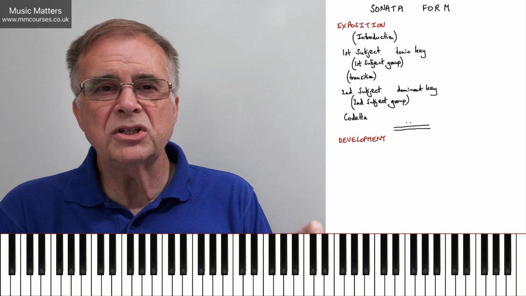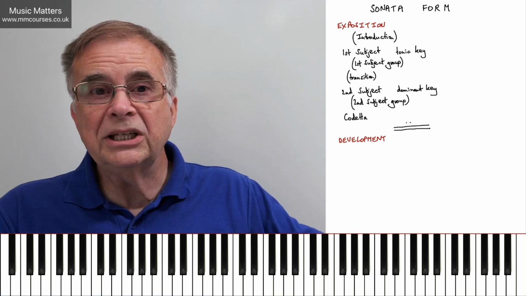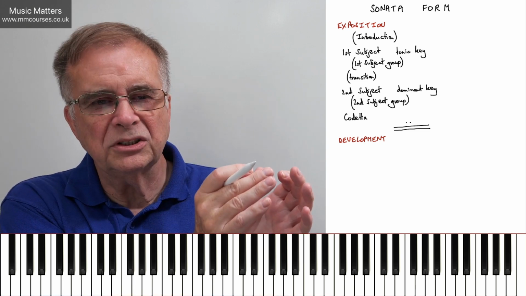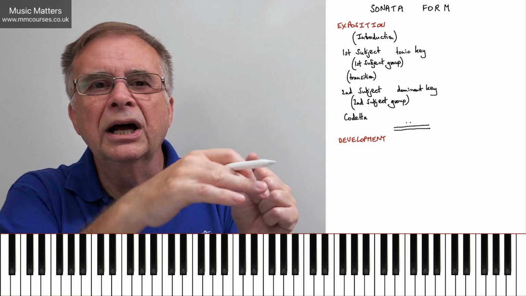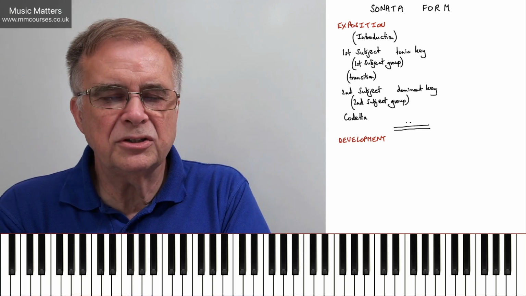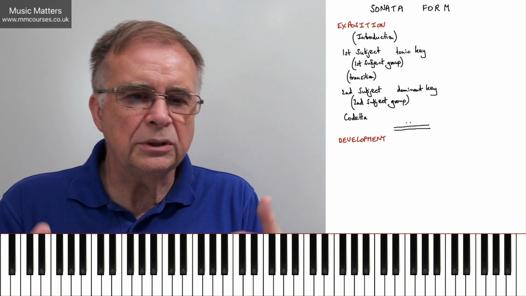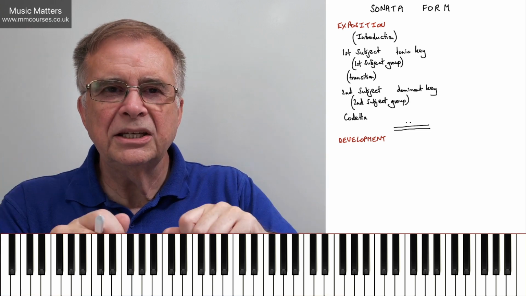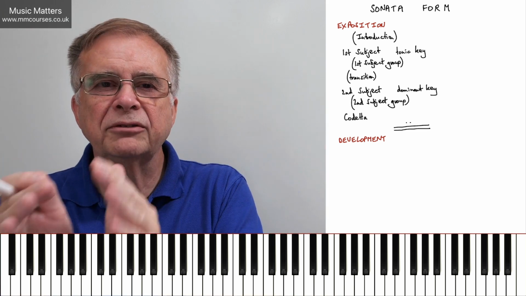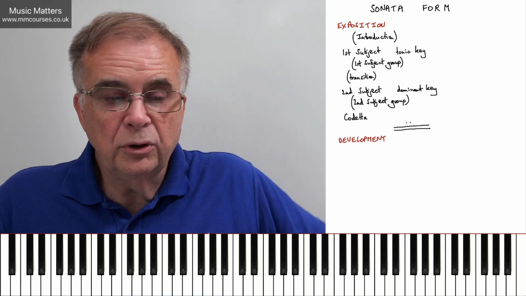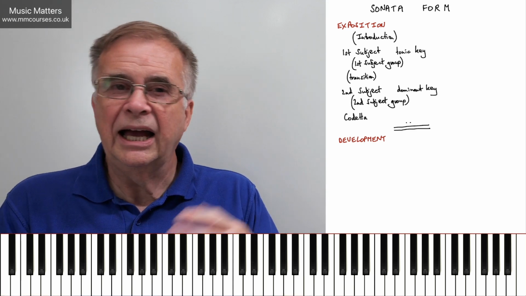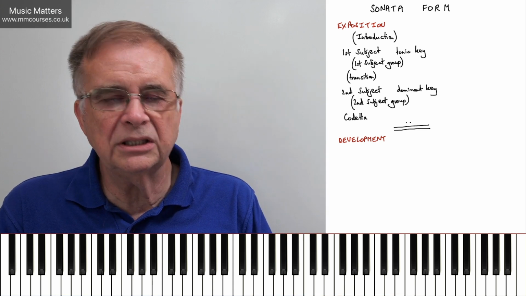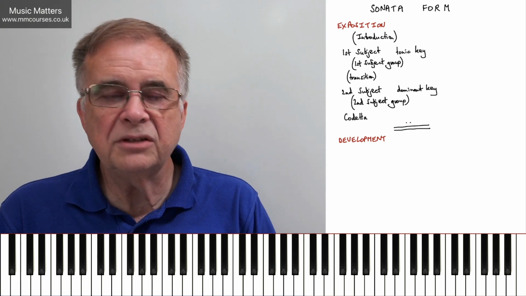So it may simply be a question of taking the first subject and repeating it in a number of different keys. It may be that I can take some fragment of the first subject, the first bit of it, or an idea that forms part of the first subject, and develop that. Maybe use some sequence or something. So the idea is that you're picking up on either the first subject in its entirety or components of the first subject and developing those. Of course, you do exactly the same with a second subject. And as the composer, you're very free to decide how much time you're allocating to developing the first subject, how much time you're allocating to developing the second subject.